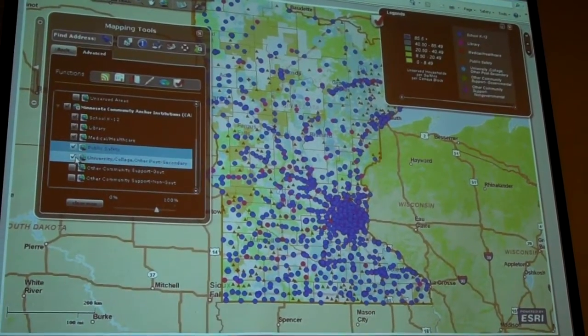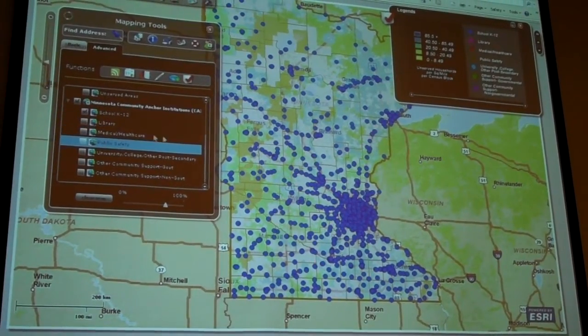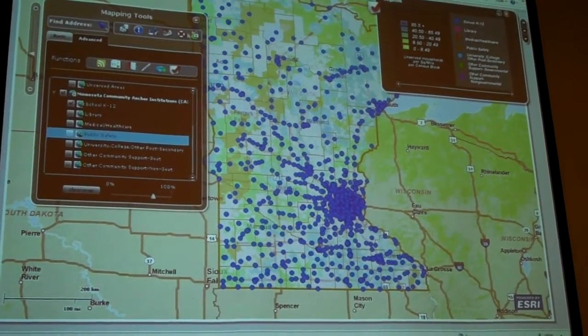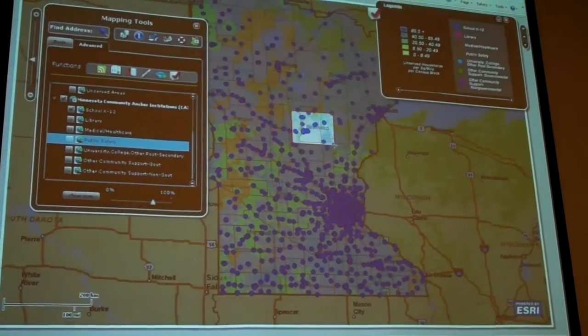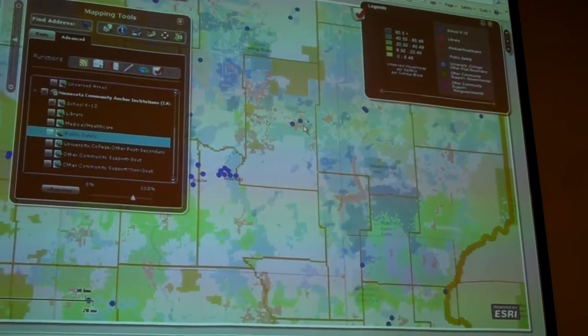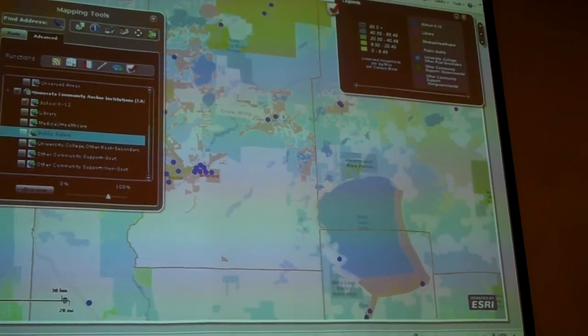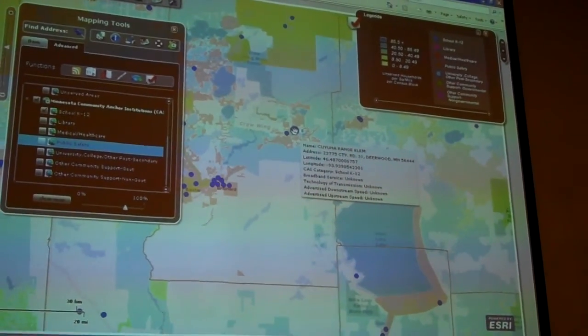And what we're doing is we're collecting broadband information for each of those institutions. So for instance, if we were to zoom back into the Brainerd, Baxter area, you're going to see the schools in this area highlighted on the map. And if you hover over a particular school, this is